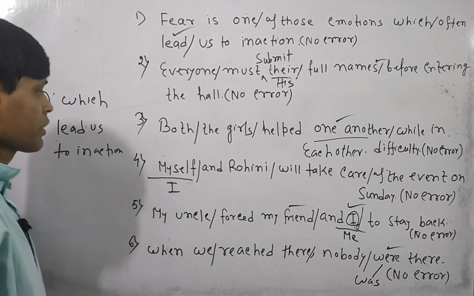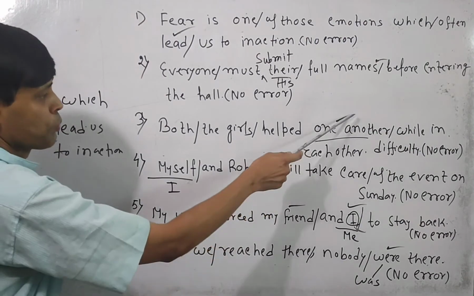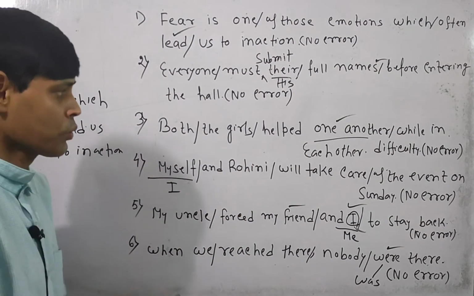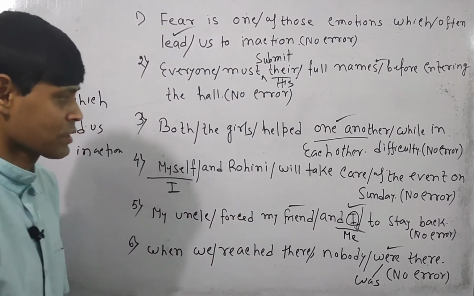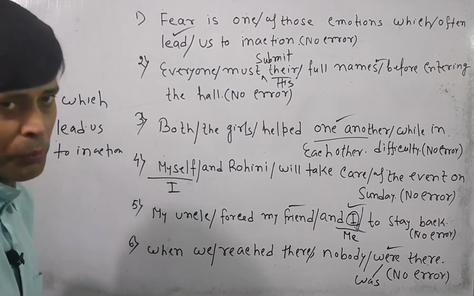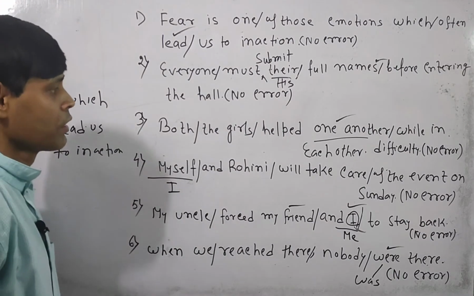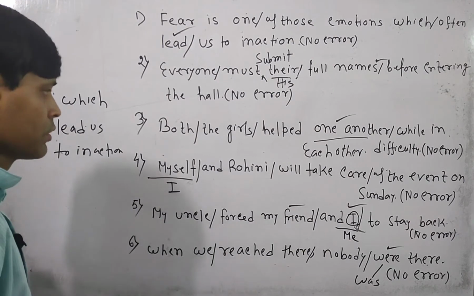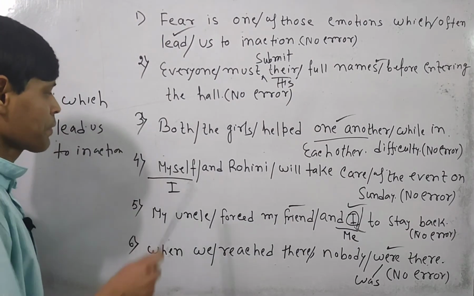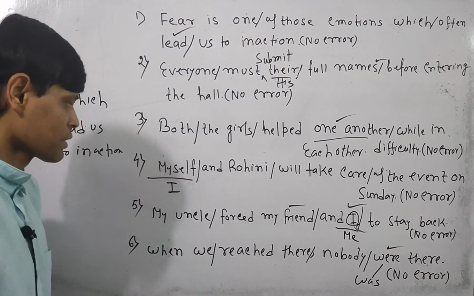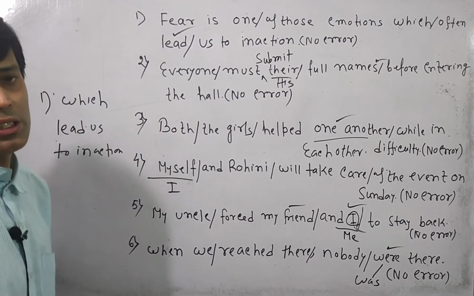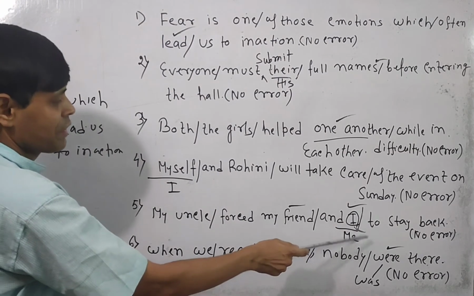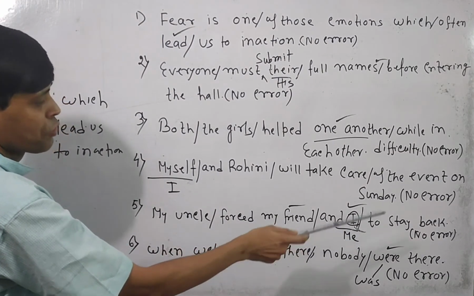If I just go for the next question, both one another should be omitted. Both indicates two, while one another indicates more than two. So each other would be the answer. Both are called reciprocal pronouns, but they do not function in the same way in sentences. Myself cannot be the answer here. I will be the answer. Myself cannot function as the subject at all. Here me is functioning as the object instead of I. Me will be the answer.